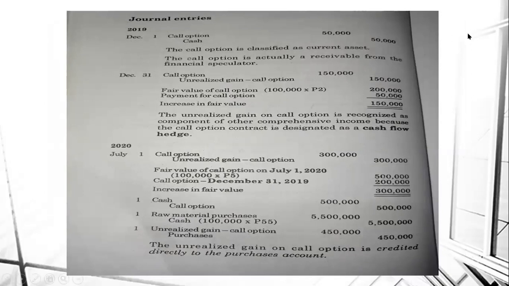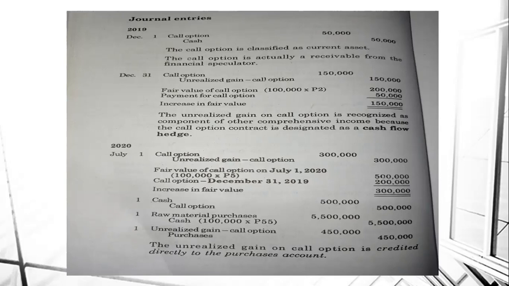Journal entry. So, December 1, call option. Cash is which is 50,000. Tapos ang December 31, call option. Tapos ang realized gain niya, 150,000. So, di ba, fair value ng call option is nagtaas ng 2 pesos. Tapos, deduct mo lang tong payment mo nga 50,000 para makuha mo ang gain niya 150,000. So July 1, 2020, call option